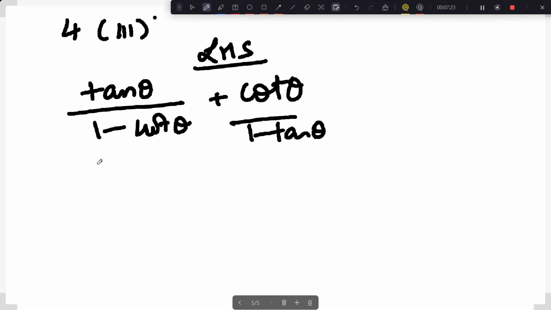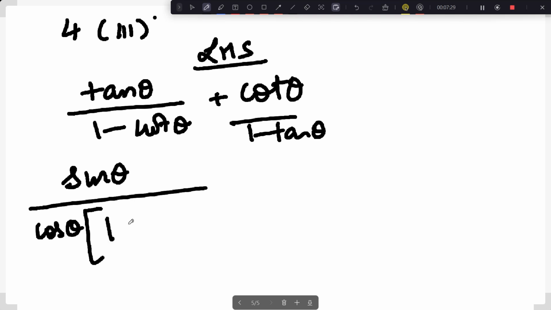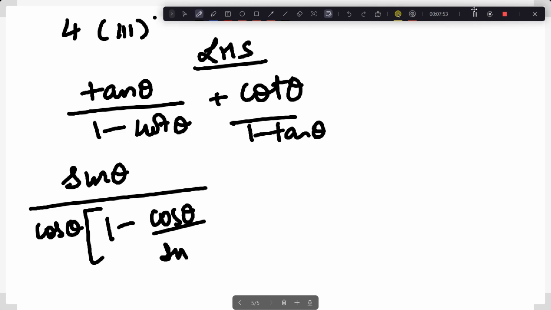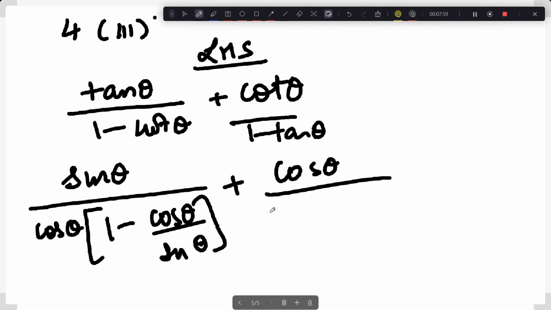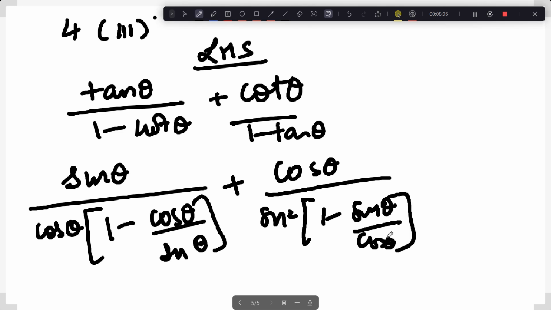So we will express in terms of sine and cos. Maybe I should write in smaller handwriting, but anyways, right,